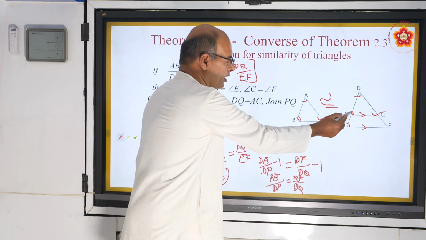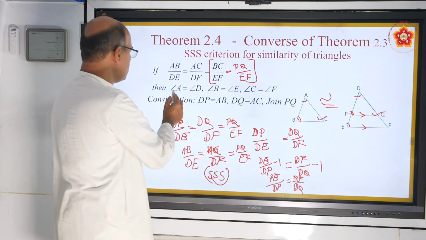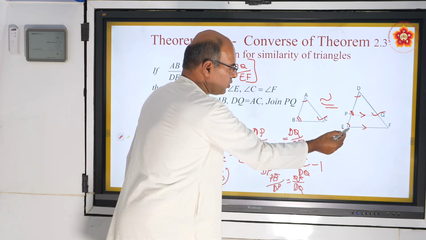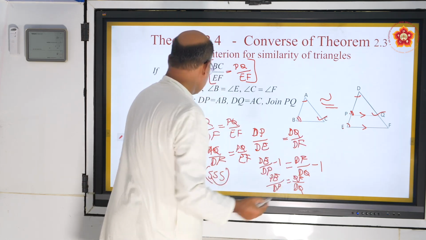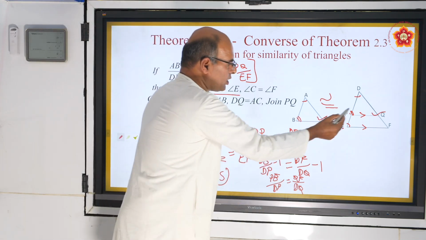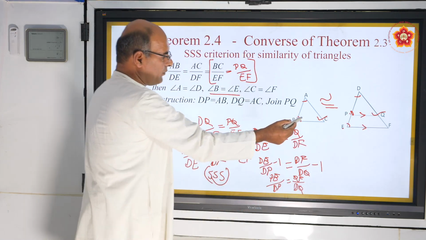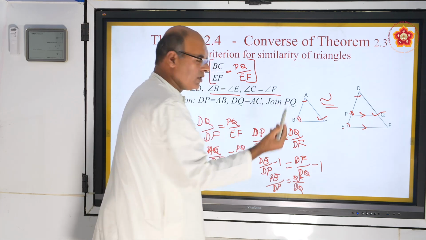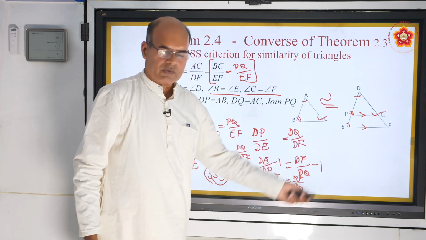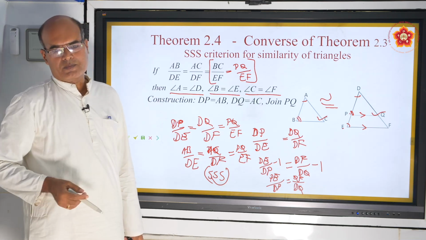But here angle P is equal to angle E. So therefore you can write angle B is equal to angle E. So what we needed to prove, angle B is equal to angle E. Angle C is equal to angle Q, but Q is equal to F because these lines are parallel. So therefore angle C is equal to angle F. Needed to prove. So A and D are the corresponding parts of congruent triangles. So angle A is equal to angle D. So that proves the theorem.